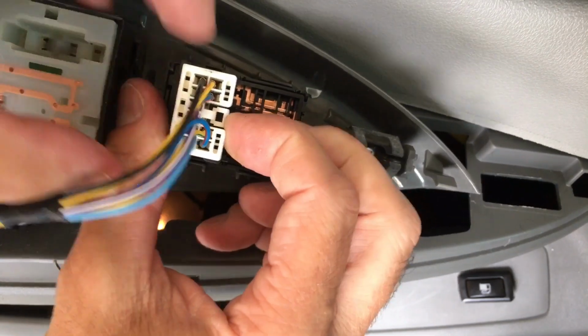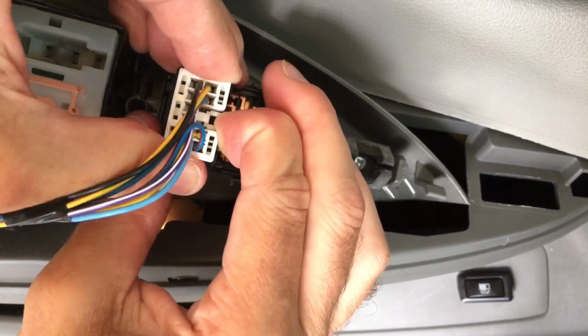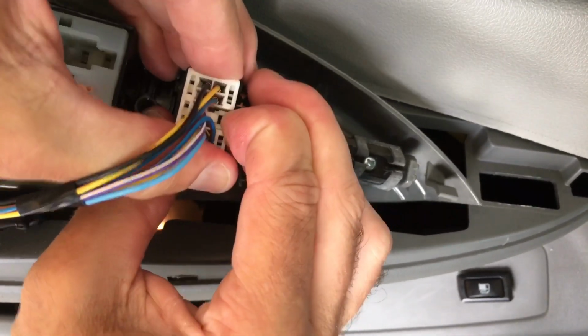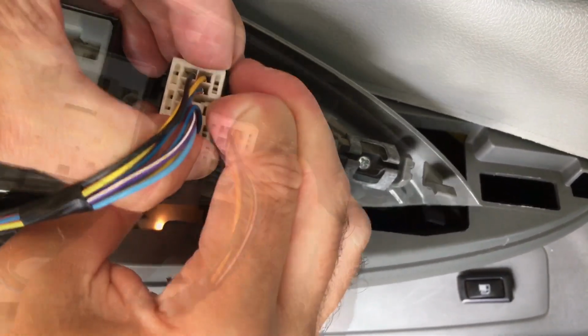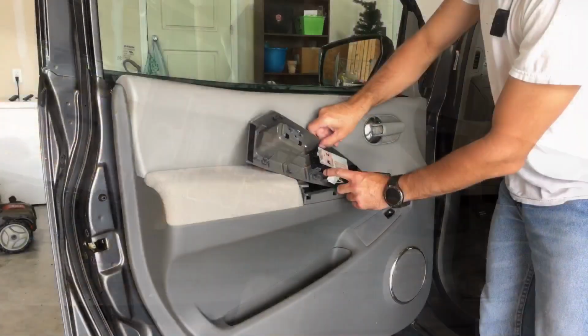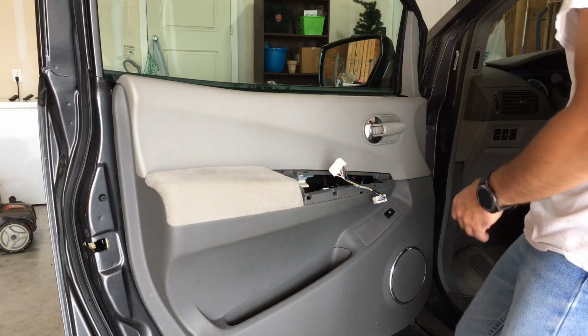a little bit. So what you want to do is push it all the way in, and then while it's in, just pull this out. They can be in there pretty tight, so just be patient. And that's it. And now with these removed, we can take this control panel, put that off to the side,